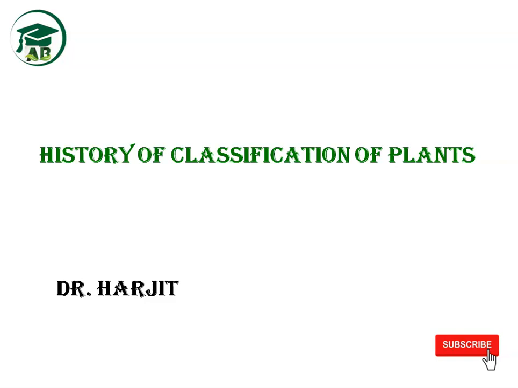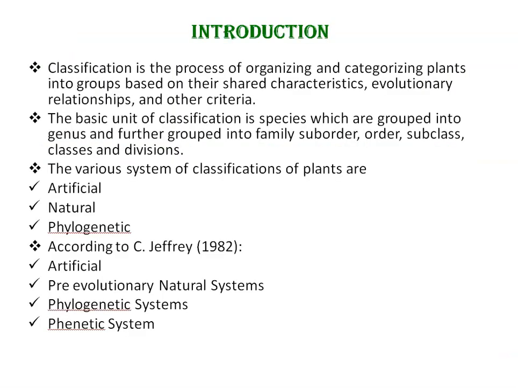Today, we'll be discussing the history of classification of plants. Classification denotes the arrangement of a single plant or group of plants in distinct categories, following a system of nomenclature and in accordance with a particular and well-established plan. The basic unit of classification is species, which are grouped into genus and further grouped into family, suborder, order, subclass,